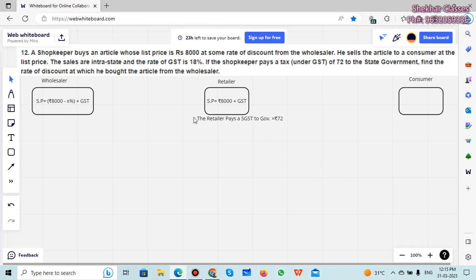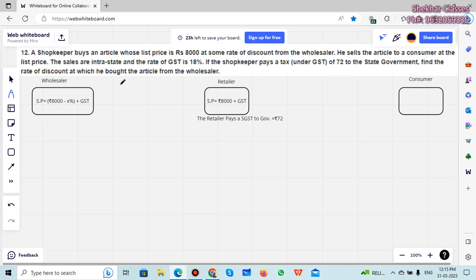A shopkeeper buys an article whose list price is 8,000 rupees. So you can see I have marked it here, 8,000 rupees. And at some rate of discount, he buys it from the wholesaler. So this is the wholesaler, this is the retailer, this is the consumer here. So the retailer buys it from the wholesaler at a certain percent discount from the mark